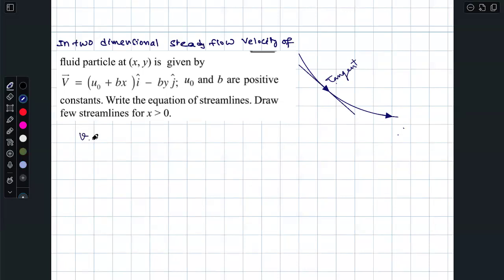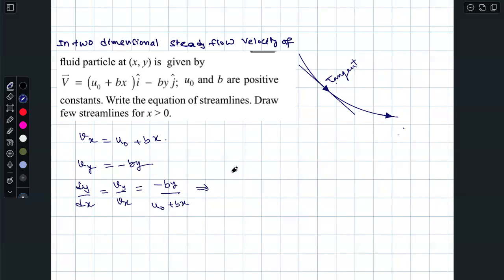What is Vx? U naught plus Bx. What is Vy? Minus By. Slope dy by dx, you know already. What is the formula for slope? Dy by dx. This is nothing but Vy by Vx. This is nothing but minus By by U naught plus Bx. This can further be written as